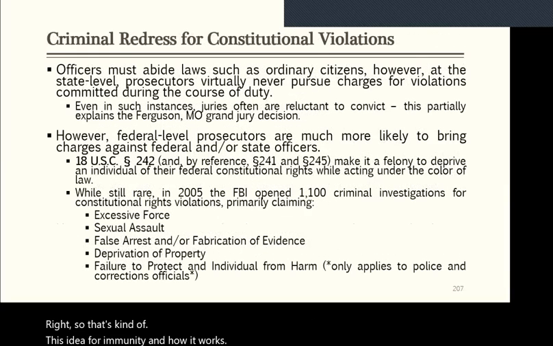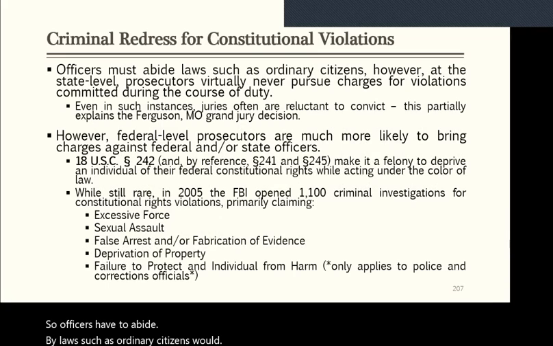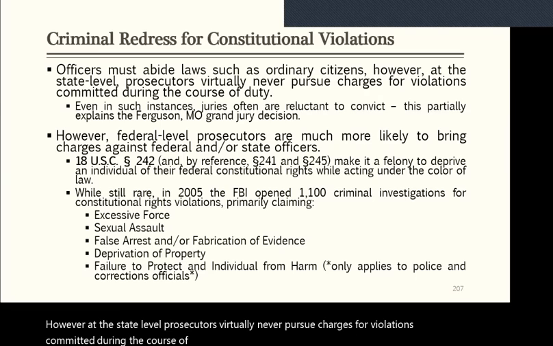Now, if we want to talk about criminal redress for constitutional violations, officers have to abide by laws such as ordinary citizens would. However, at the state level, prosecutors virtually never pursue charges for violations committed during the course of duty. Right? So, for instance,